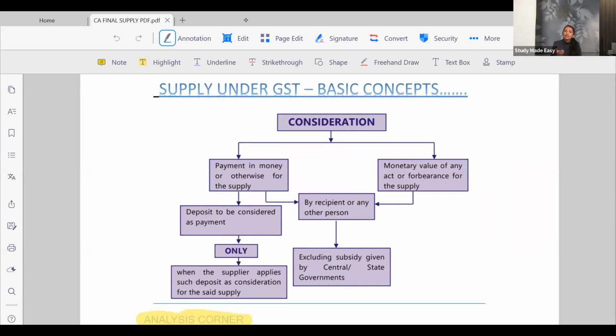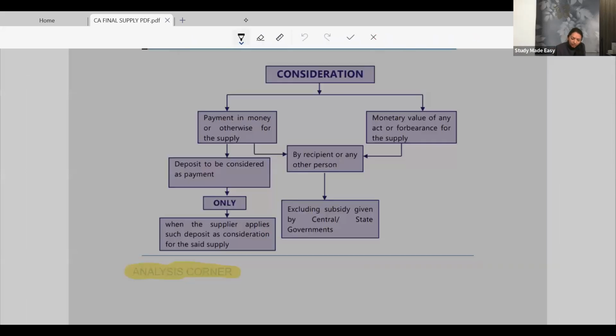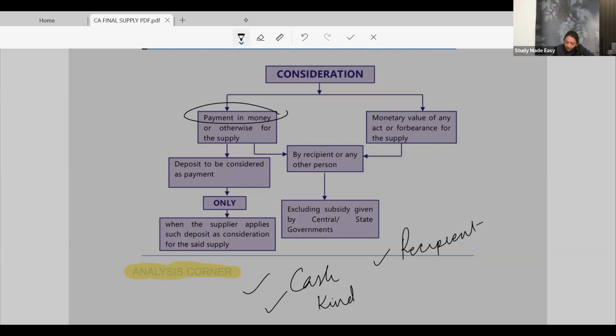Because why? You just understood, exchange you can do, barter you can do. That means it is not that consideration should be in money. Consideration could also be other than money. That means consideration could be paid in cash, and in kind. First interpretation about the definition of consideration: it could be paid by the recipient